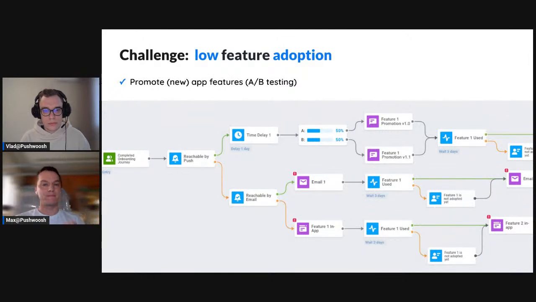At the same time, in this case, you may try applying A/B testing. This will allow you to figure out which specific variation of push notifications or emails or other communication channels works best and results in increased feature adoption size. So that is up to you how to proceed with that. And the current capabilities of the customer journey builder allow you to build really complex and really robust schemes for the proper resolution of those challenges.